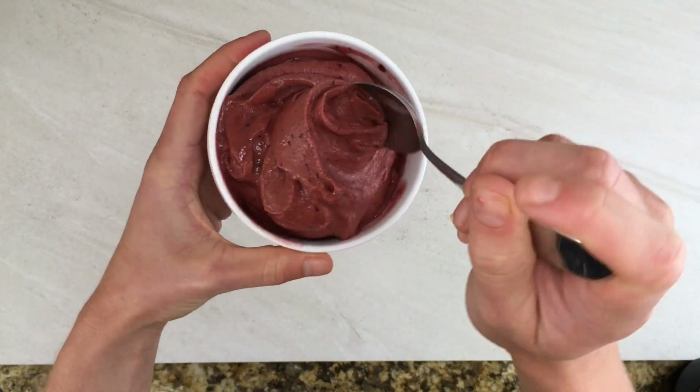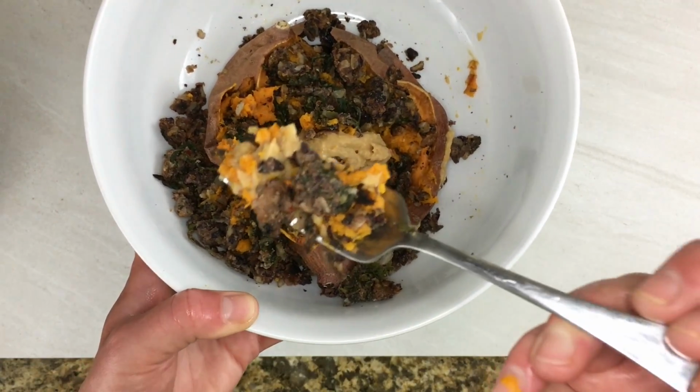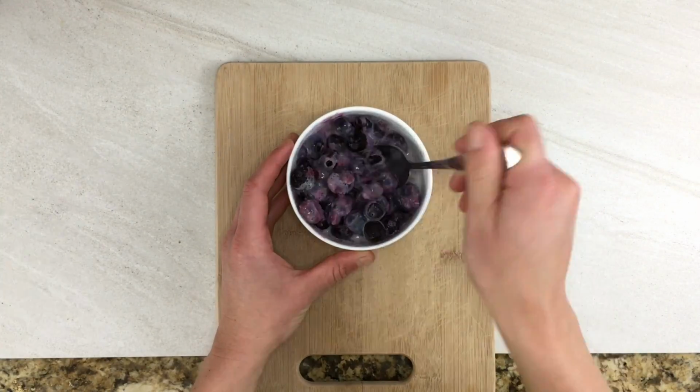I did spend only $6.77 a day, all plant-based, nearly 100% organic and whole foods. I am using the same exact ingredients from last week, but I'm making 5 new recipes out of those ingredients. Just kidding, it's only 4 new recipes. One of them is the same as last week, but all of these recipes make up a full day of